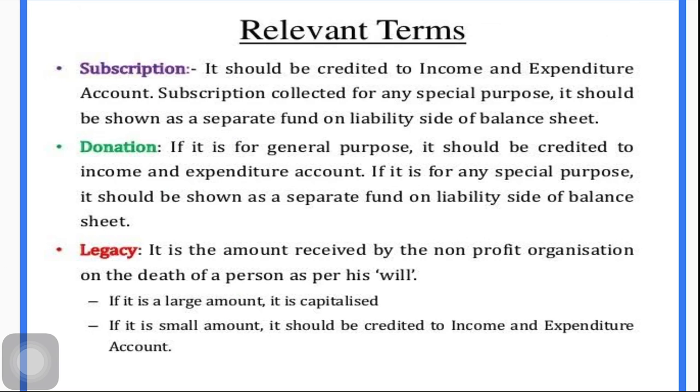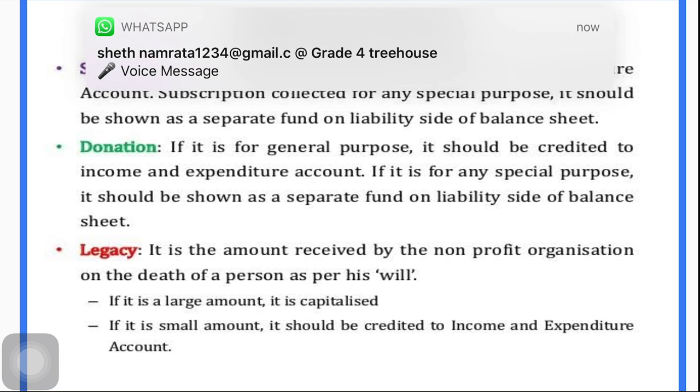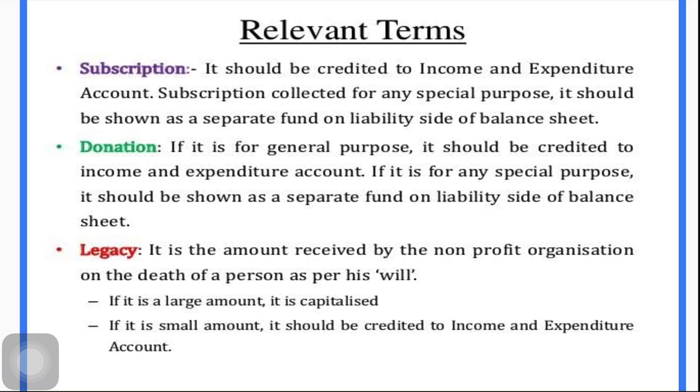Now, children, ideally all members of the concern should pay subscription regularly. But it does not happen like that in practice. Some members pay regularly, some pay in advance, some do not pay at all, and some do not pay in time. So the subscription received during the current year may include an outstanding amount, or it may include a prepaid amount. All that has to be adjusted when you are doing the sum.